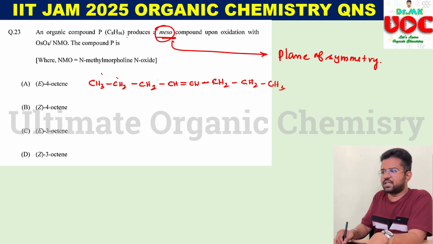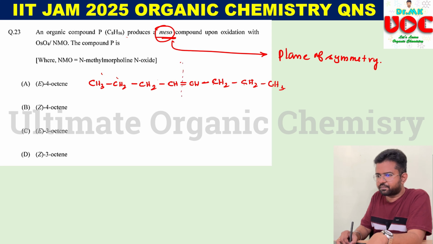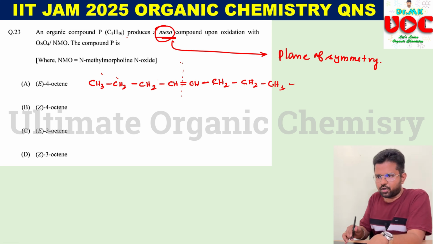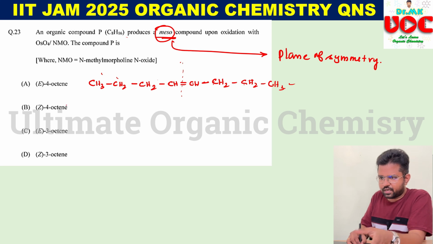So this molecule is symmetric. Yeah, it can be possible. It can produce a symmetric product. So if the reactant is symmetric, the product also will be a symmetrical molecule. And similarly, 4-octene, here also there is a possibility. But 3-octene, if you look at the structure of 3-octene,